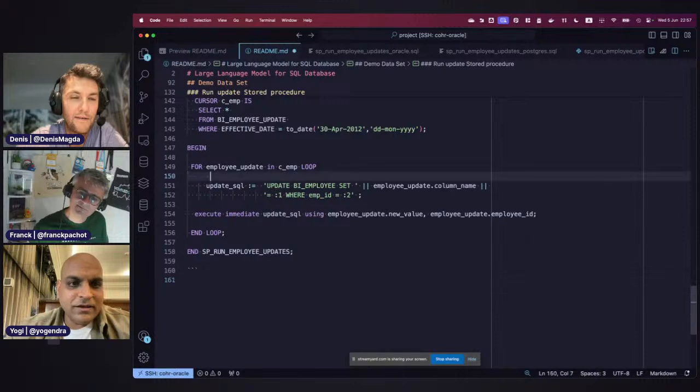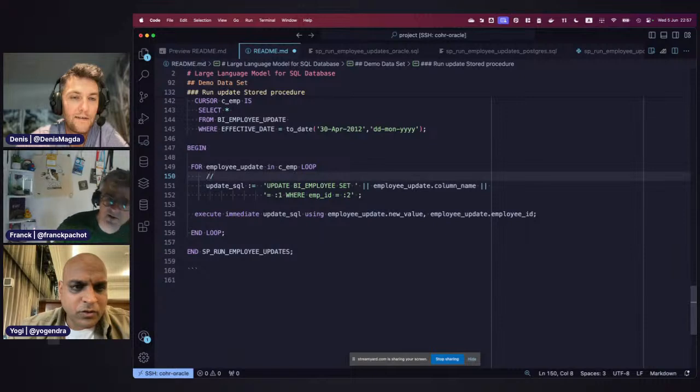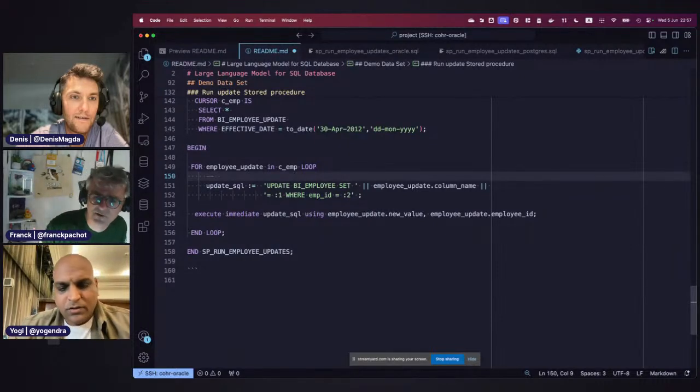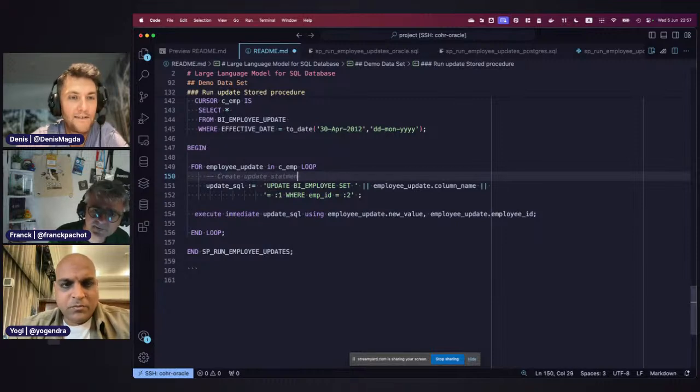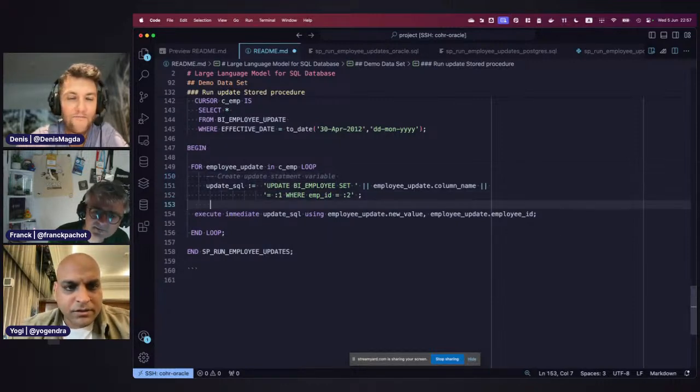So let's say, is that how you put a comment in Oracle? Yeah, dash dash is okay for one line, or slash star. Yeah, because I think that's also quite important, right?